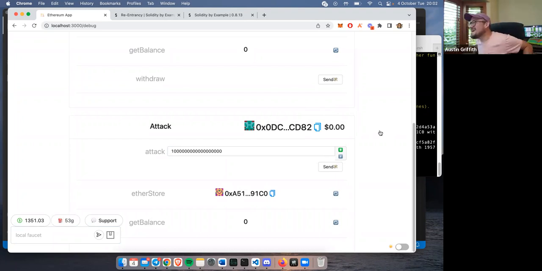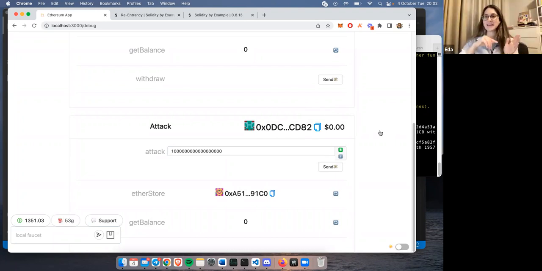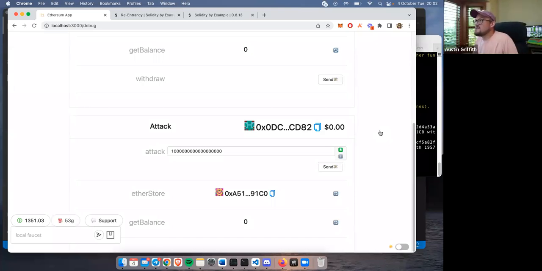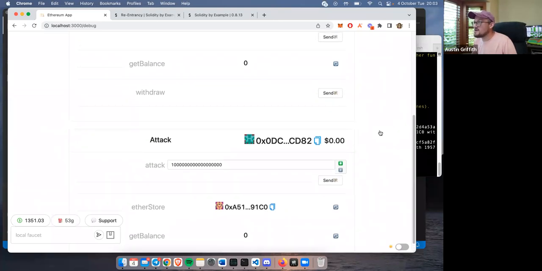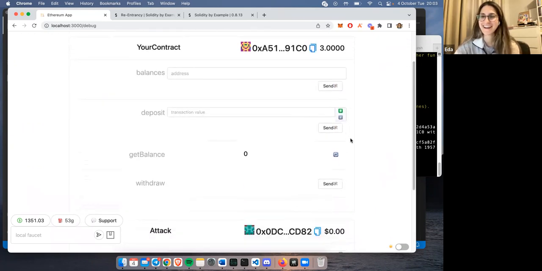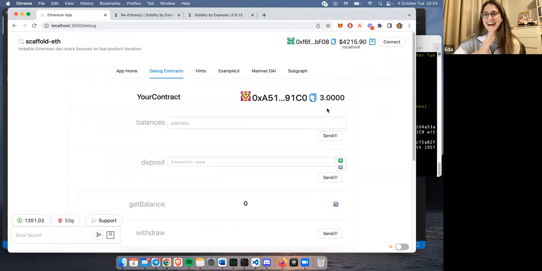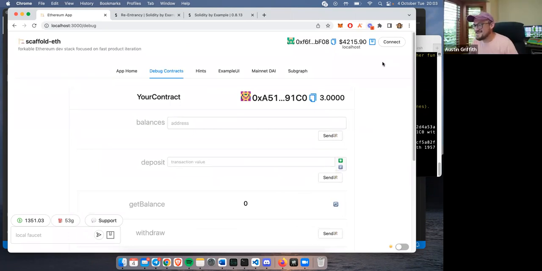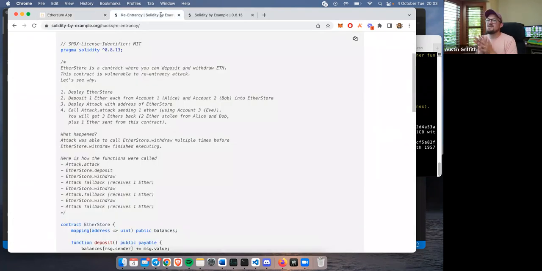So it worked. I thought we would still be able to send one ETH, but we have to go back to our attacker contract and comment out the part where it tries to attack it. Because that second attack is what's causing the problem. But we were able to make it not attackable with the small fix. Exactly. And that's kind of what we're trying to show off here, an introduction